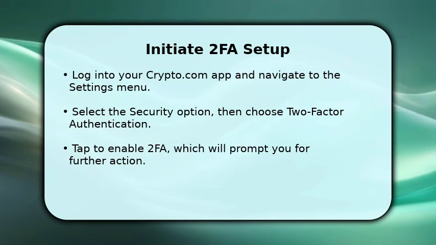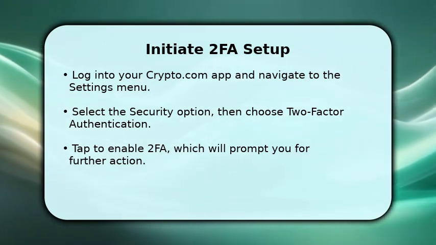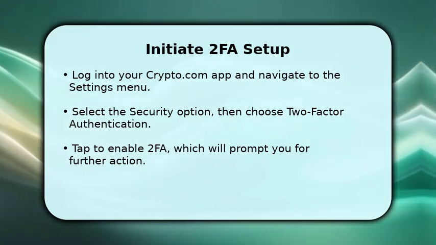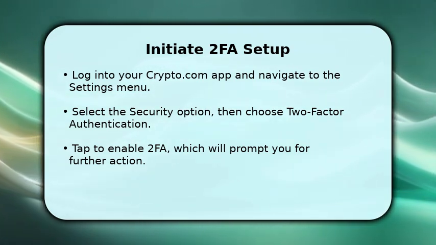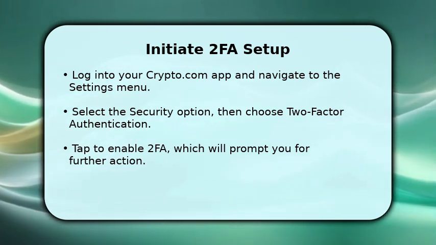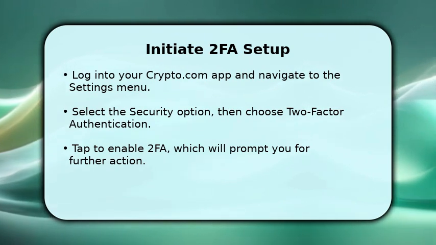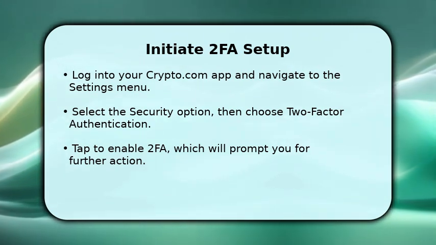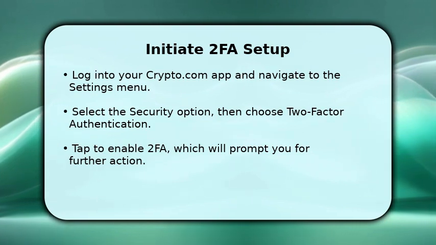To begin, open your crypto.com app and log into your account. From the main screen, locate and tap on the Settings icon. Within the Settings, find and select Security, then proceed to Two-Factor Authentication. Here, you will see the option to enable two-factor authentication. Tapping this will present you with a unique QR code or a secret key, which is your next step in